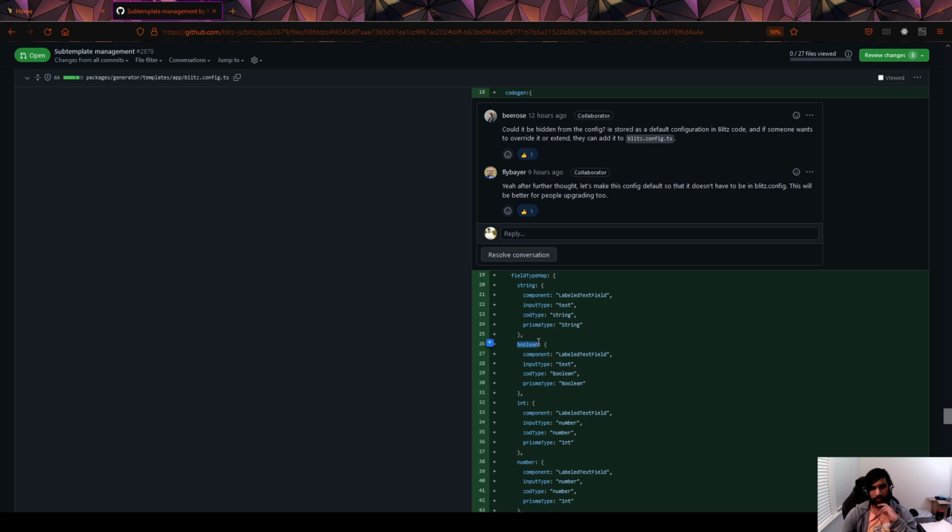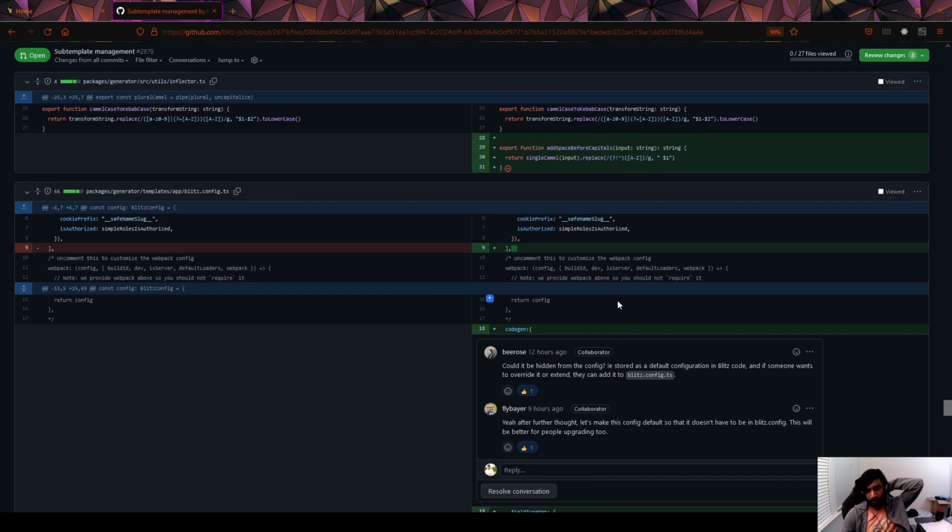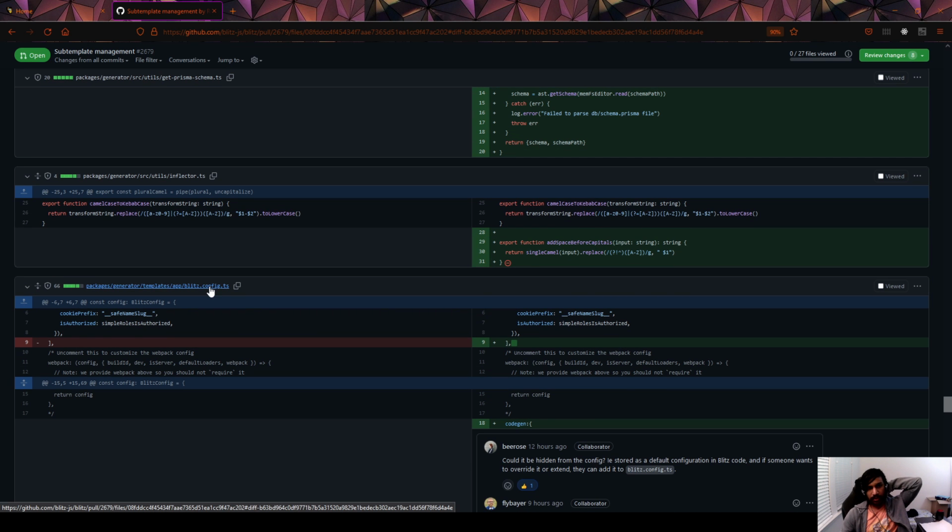for a certain field type, and initially Brandon and we kept this in, and this is the blitz.config.ts file that every new app is generated with. So we initially had it in there, and the thought was that if people saw it, they might be curious about what it actually did, and they might learn more about how they can potentially customize their own generators and write their own templates. But I think